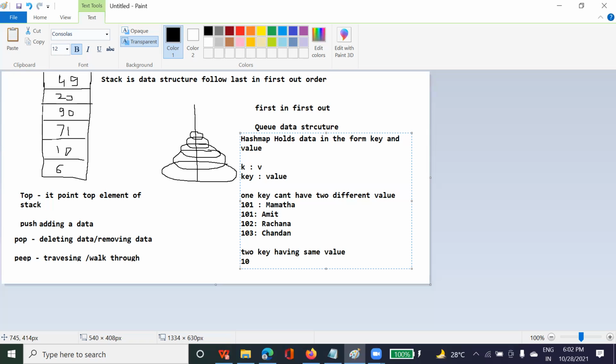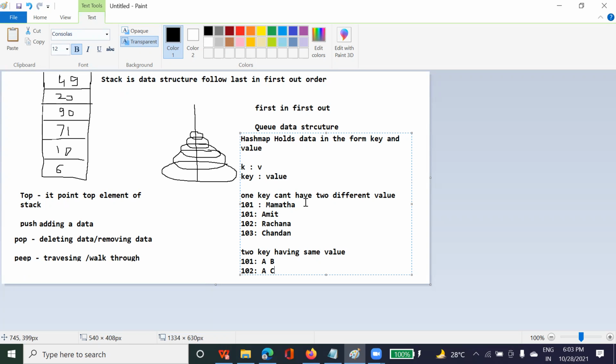In a class, suppose roll number 101 belongs to, let's take A, and roll number 102 also has the name A. Is it possible? Yes, sir. Correct. Maybe it's possible that 101 has first name A and last name B, and 102 has the name A and last name C. So this is called key and value. HashMap works with key and value, where each key identifies the data. You can take the example of employee ID or student ID, where the key identifies the whole data, that is the value, right?